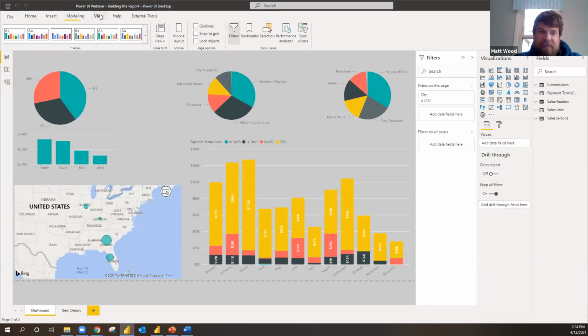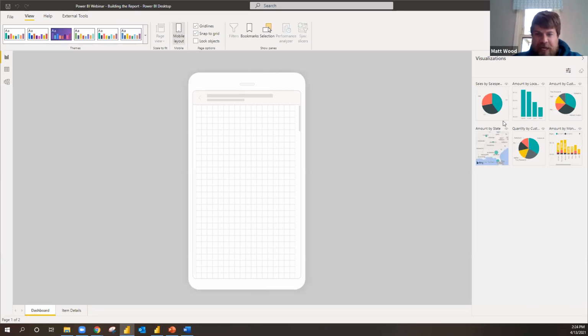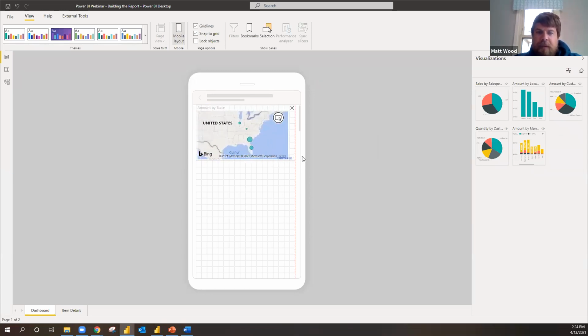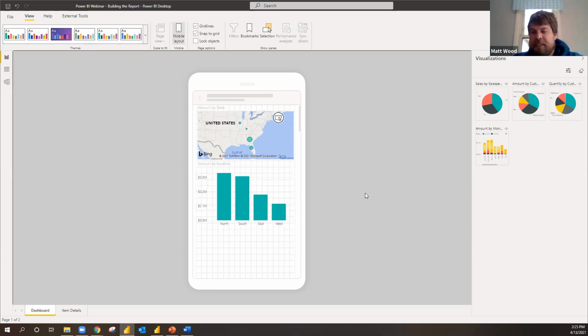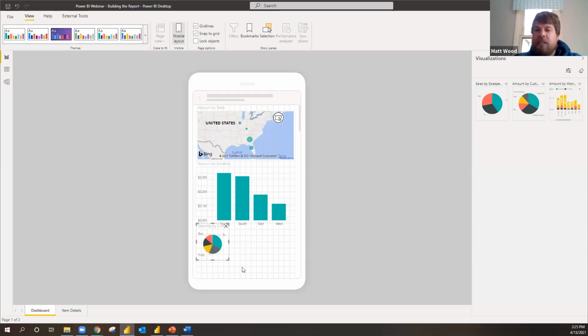All right, so we're inside of Power BI desktop, and you'll see right here under View, we've got a mobile layout button right there. So if I select that, you can see it pops up what would look like a phone. And then I just take my visualizations and I drag them onto this phone layout. Because that phone layout may look different than a desktop, obviously, a smaller screen. And we want to be able to then also share these reports through that mobile app as well. The good thing, while she's doing that, I'll talk too, is as I publish those to the workspaces in my app, so if I have the Power BI app and I have access to those workspaces, those are going to show up there as well.